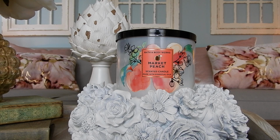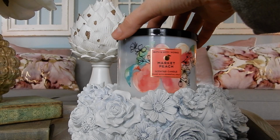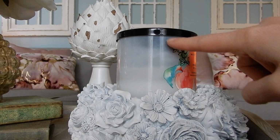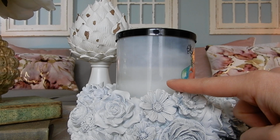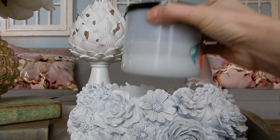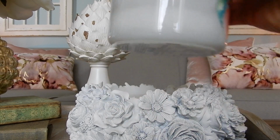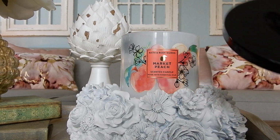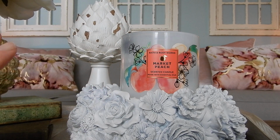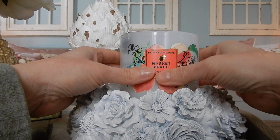You guys, let's get to the burn, because this is once again where Bath and Body Works keeps failing me. And okay, we're just gonna start here. Y'all can see this. I'll open it in a second. I just want you to see the difference in the color of the original wax and the color of the wax now. So let's take the lid off. By the way, kind of cool black lid. I do like the aesthetics of this collection a lot. This is very appealing to me. I think that they got the aesthetics right with this one, but